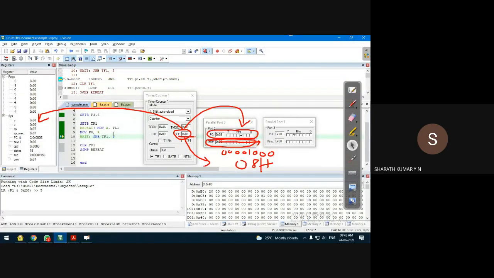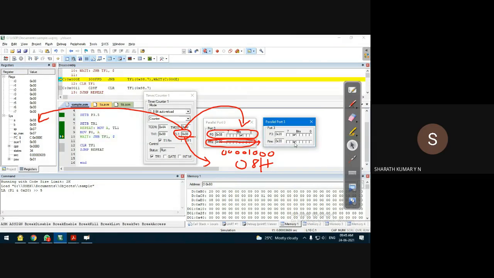F11 on my keyboard. Of course, this line is an infinite loop, because we are not giving any clock pulses. If you give the clock pulse, the count increases. We have to go on giving until it becomes FFH. So it takes time. Maybe we could have started with some other value, like F2 or FCH, and this timer would overflow very fast.